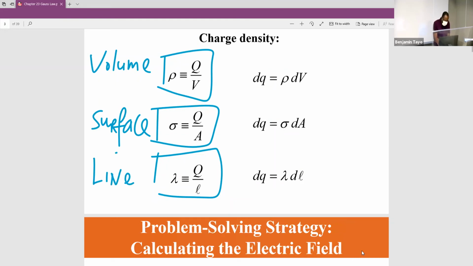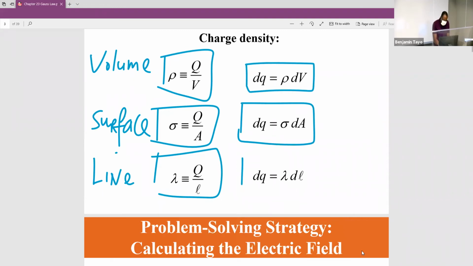So if I'm doing calculation over a volume, this is how I write my dq. If I'm doing calculation over a surface, this is how I write my dq. If I'm doing it over a line,